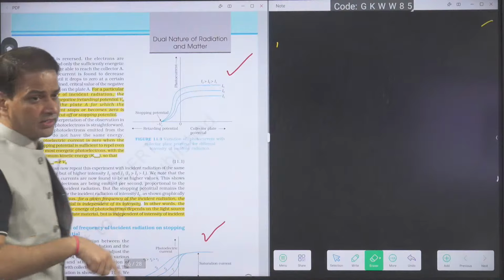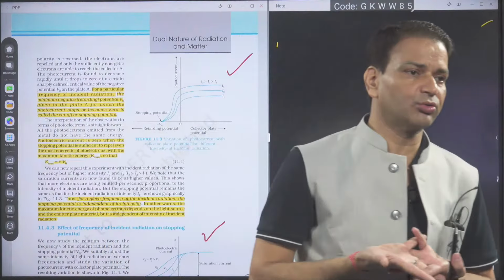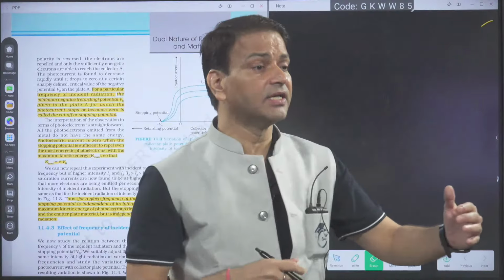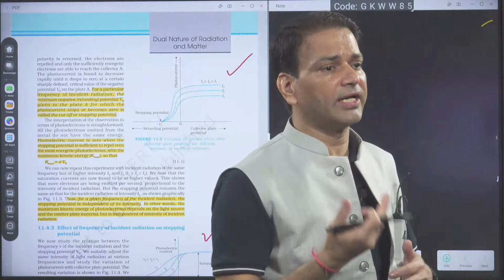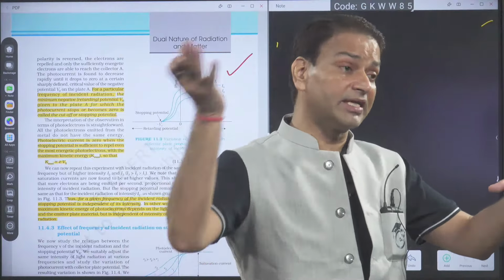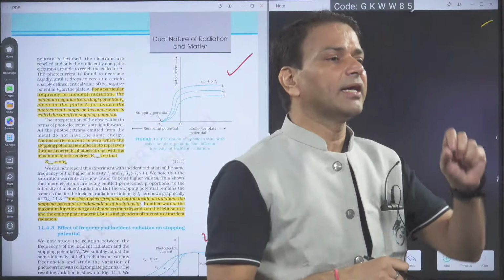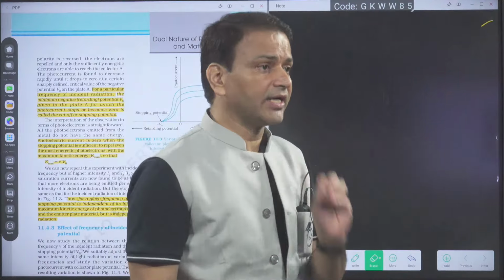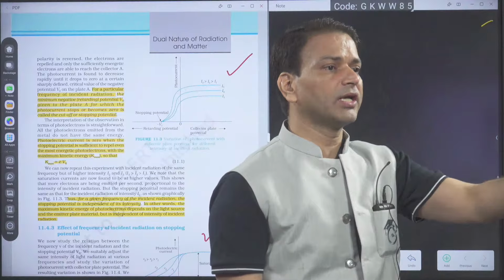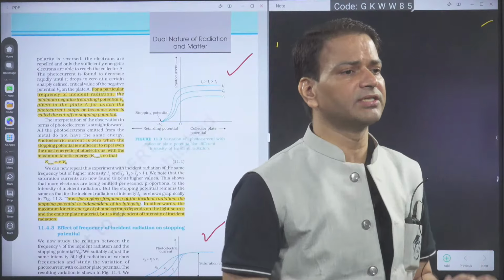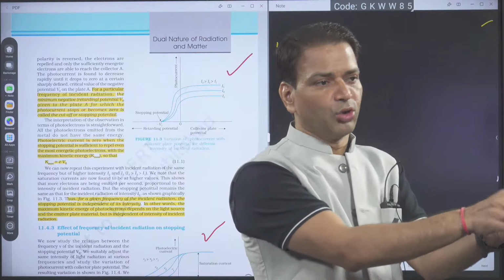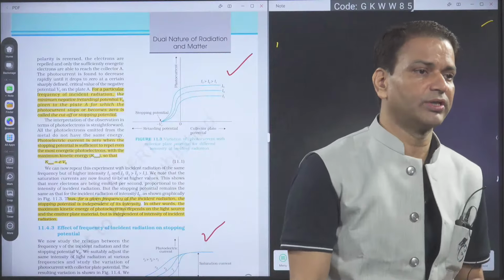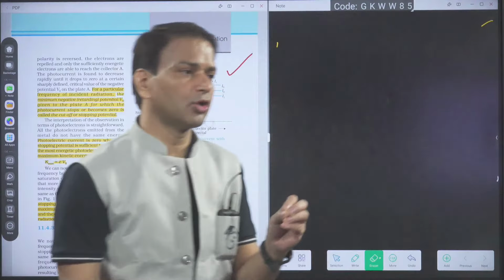Now when we are giving negative potential to the collector, what will happen? It will oppose the motion of the electron, so electron velocity will decrease. Suppose I am decreasing all electron kinetic energy, increasing the negative potential of the collector. At some negative potential, what will happen? All electrons will stop there. They cannot reach the collector. So that negative potential of the collector, for which photocurrent becomes zero, is called the stopping potential. Stopping potential means no electron can reach the collector. The current becomes zero.